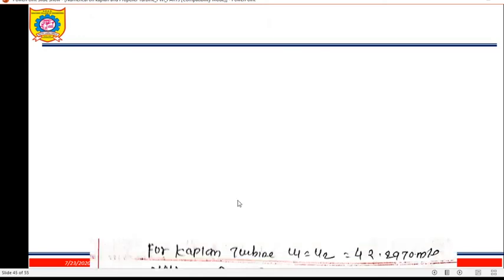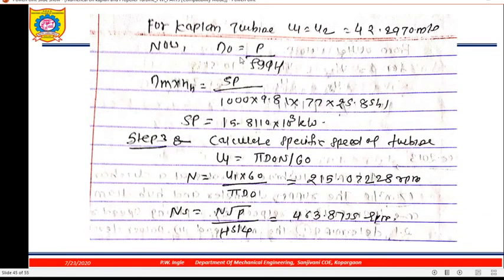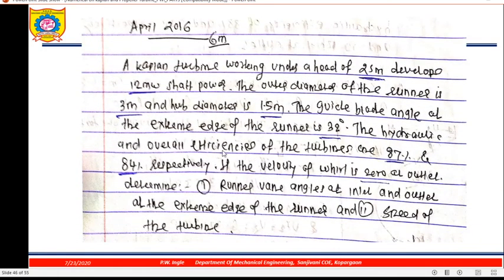Then calculate Ku. Then take the overall efficiency. Okay. Then shaft power. Then calculate specific speed of turbine. So if you go step by step, you will get the answers. Now next,